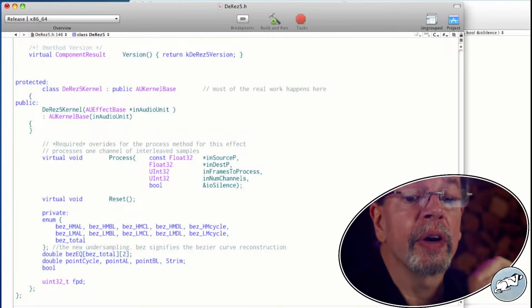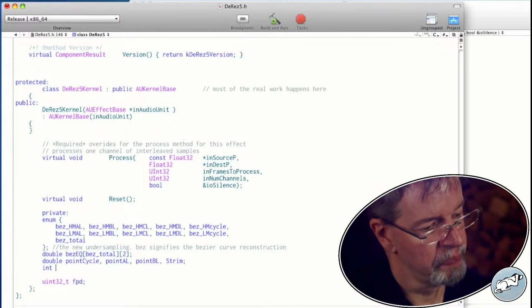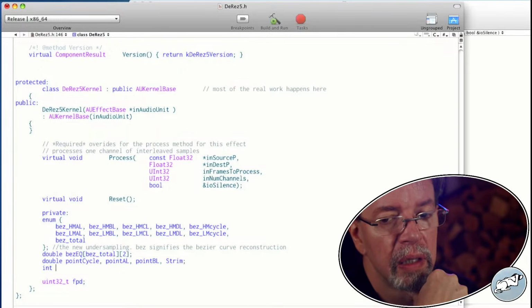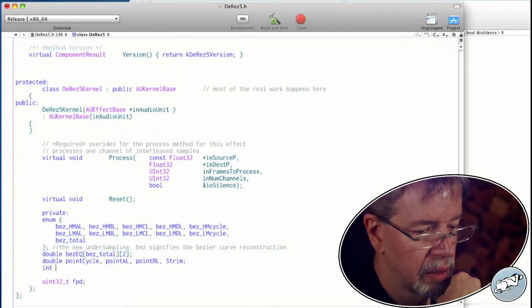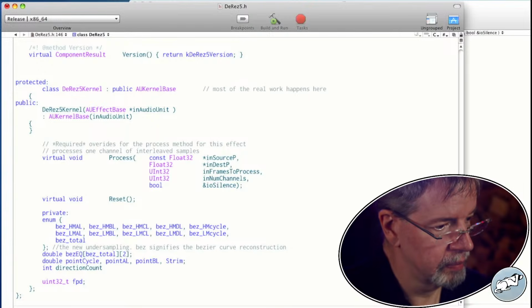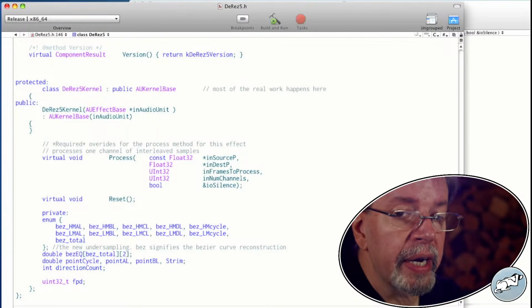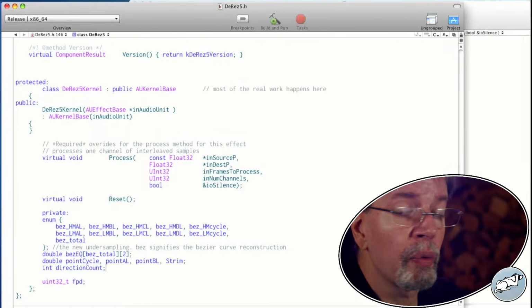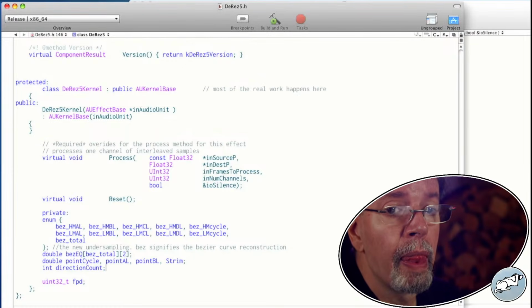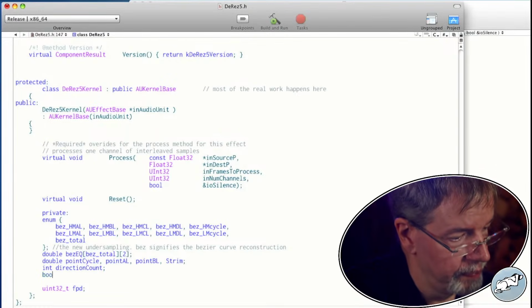So let me figure out good names for it. Let's start with the int. Let's call it direction count. We're counting how many samples in a row it wants to go in one direction. Then we need our booleans.